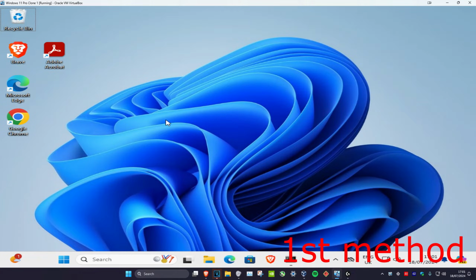So guys, for the first method, you want to unplug your second monitor and plug it back in. For the second method, you want to make sure that your monitor is actually turned on. Check if the light is on. For the third method, you want to go to the manufacturer's website and download the drivers for your monitor if